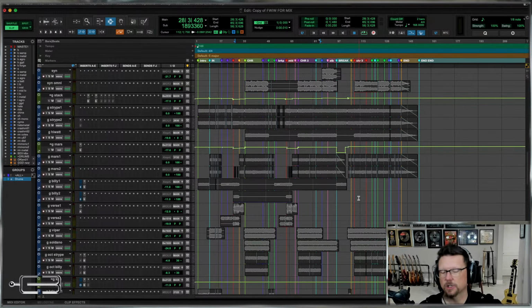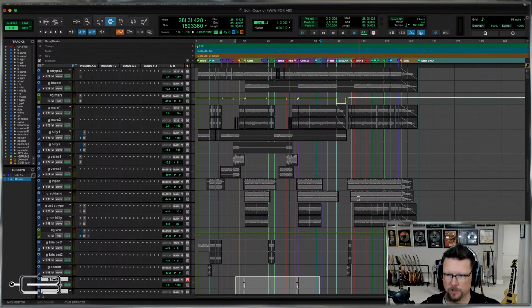And I came to this conclusion. Well, you guys know why I only use 8 groups is because I'm a dinosaur stuck in my old SSL ways. But the reason why I break out my guitars into A and B the way that I do, which is different per mix, is because I've experienced those pain points, like I said in the last video, and I've remembered them. Now when I'm setting up mixes, I'm anticipating a problem way before it happens, and I might not use any subgroup processing on these mixes at all. But if I do, at least then I'm treating similar tracks with that processing. So